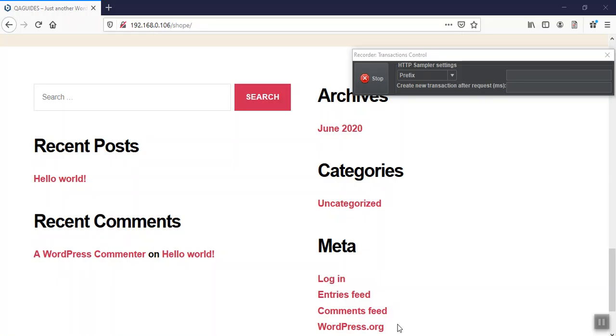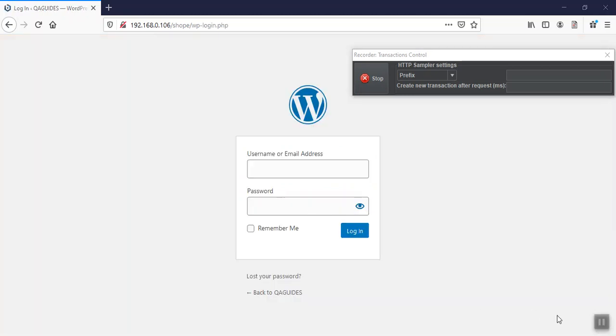Be with me. Now coming back to the browser, we need to click on this particular link, that is login, and we need to log in here.